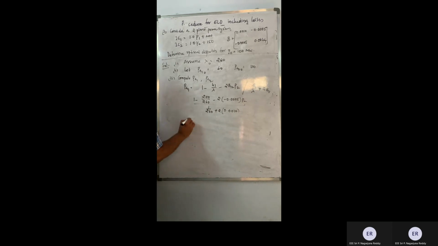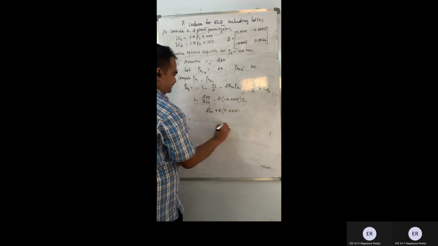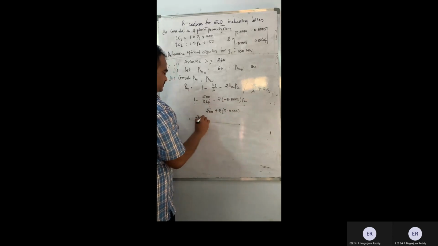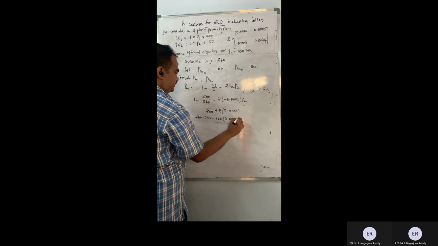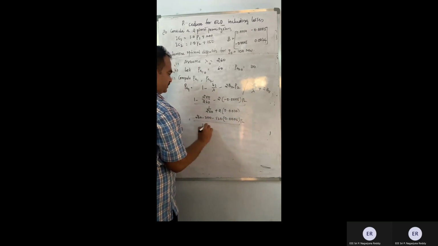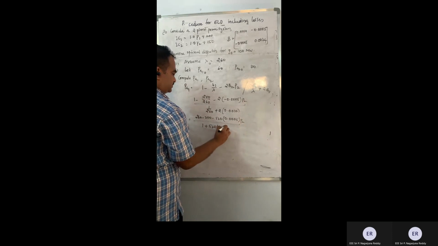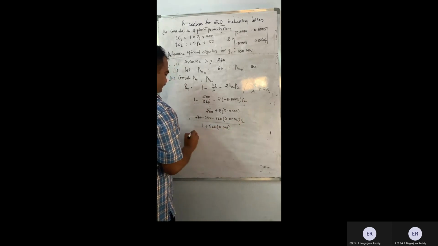So I'll take an LCM of this one. 260 will be the LCM. So 260 minus 200 minus 520 into 0.0005 into 1 plus 520 into 0.00. So this is going to be